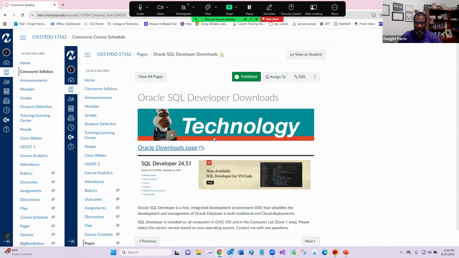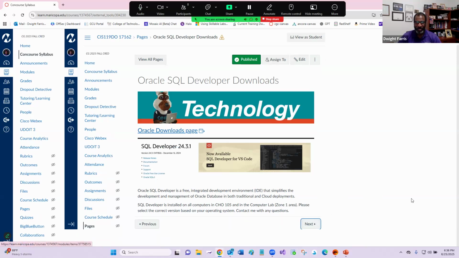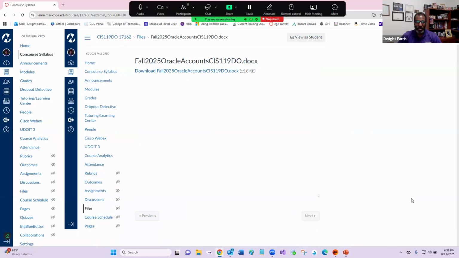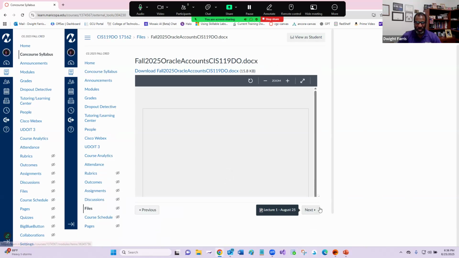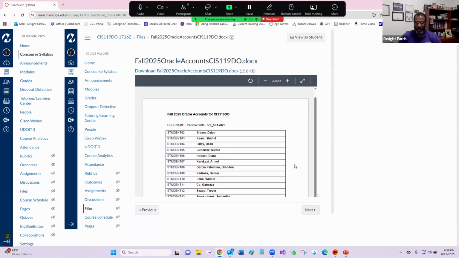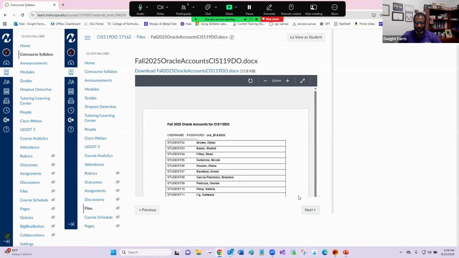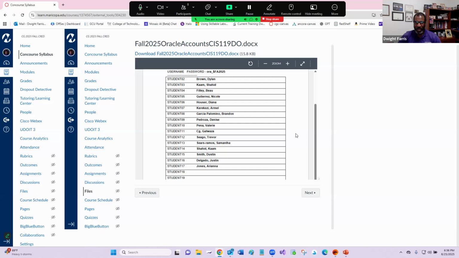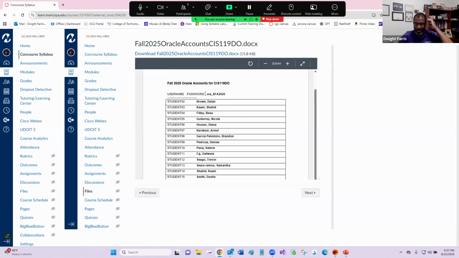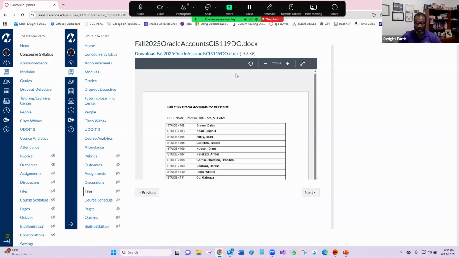And basically, you can Google Oracle SQL Server, SQL Developer. It will take you right to the download page, and we're going to walk through that. And remember, that is the platform that we'll use throughout the semester. All right, and as far as account information or credential information, it is in a file that you